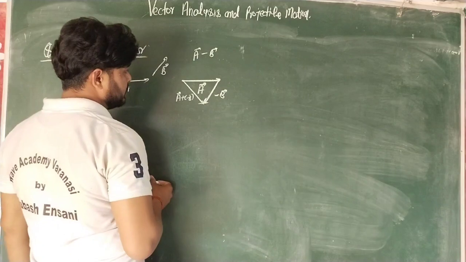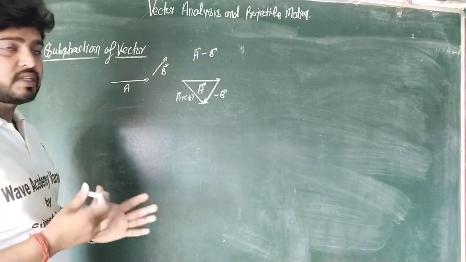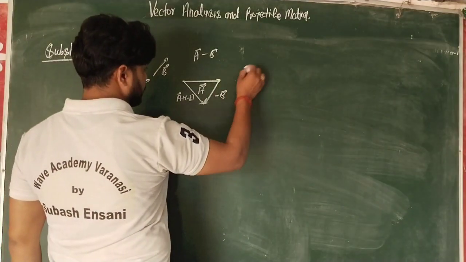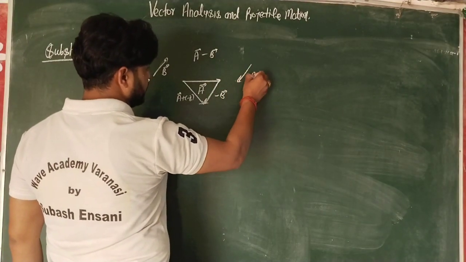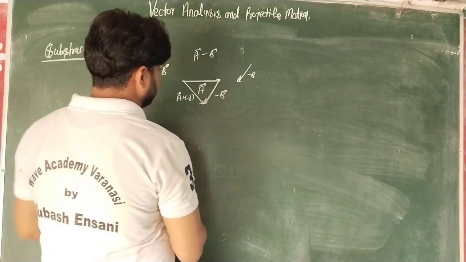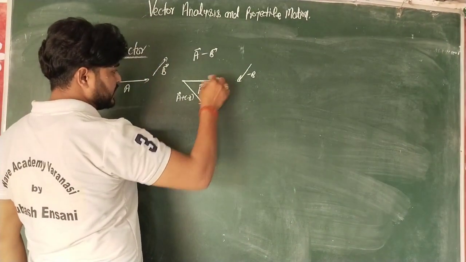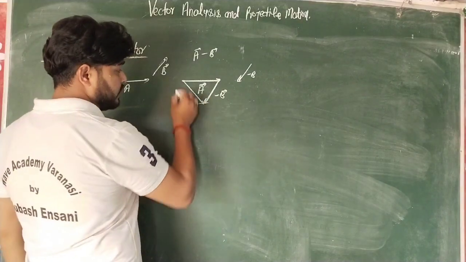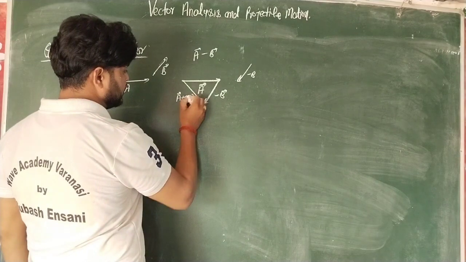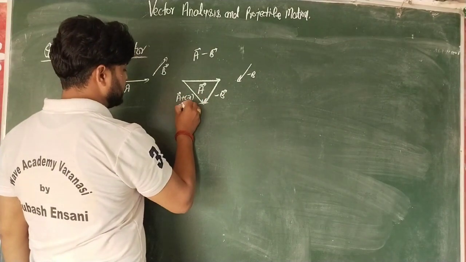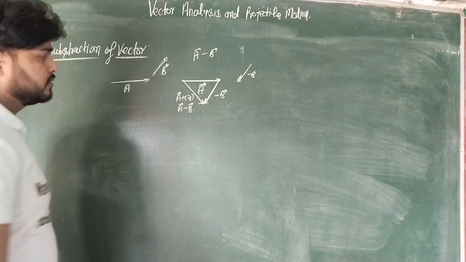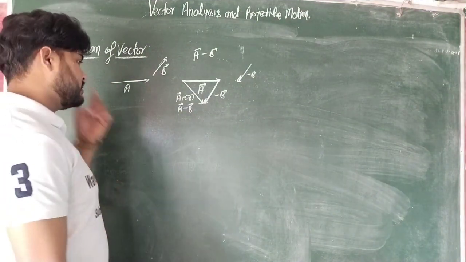ये किसी वेक्टर को अगर हम अपोजिट कर देते हैं तो उसकी डायरेक्शन क्या होती है, सेम हो जाती है। इस डायरेक्शन में B था तो अगर हमने उसको ऐसे कर दिया तो इसकी वैल्यू क्या हो जाएगी, माइनस B हो जाएगी। और जैसे हम ऐड करते हैं, ऐड का जो रूल होता है, सेम वेक्टर B के हेड टेल को इसके हेड पे रख करके ड्रॉ कर लेते हैं और A के टेल को वेक्टर B के हेड के साथ जब हम ऐड कर देते हैं, दैट इज वेक्टर A प्लस माइनस वेक्टर B। इट कैन आल्सो बी रिटेन एज वेक्टर A माइनस वेक्टर B। ओके, आई होप यू कैन अंडरस्टैंड इट वेरी इजीली।